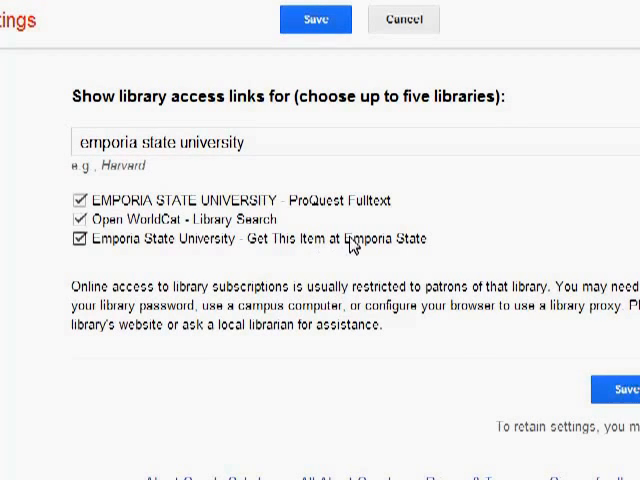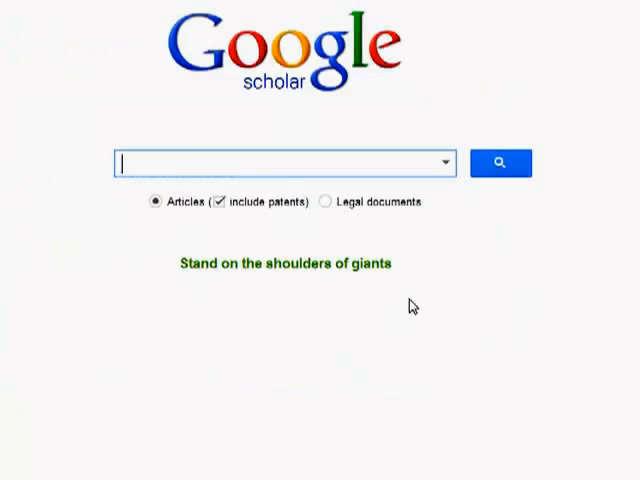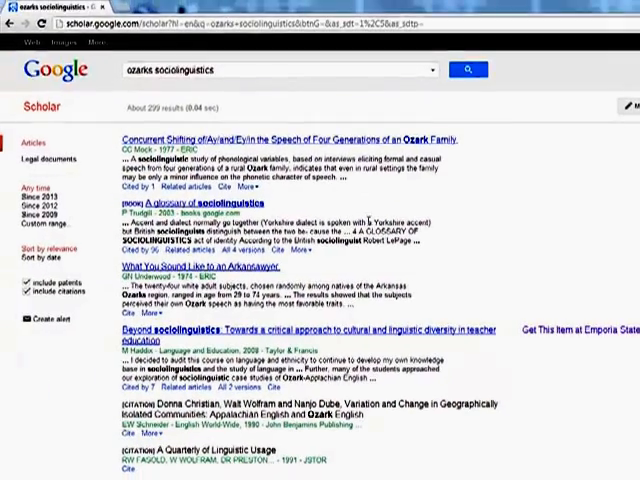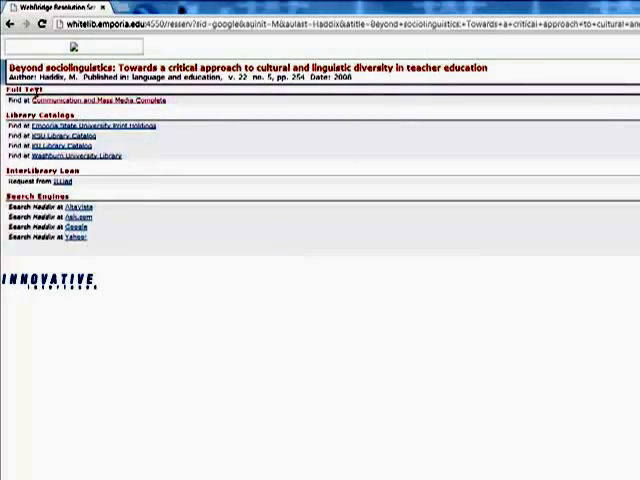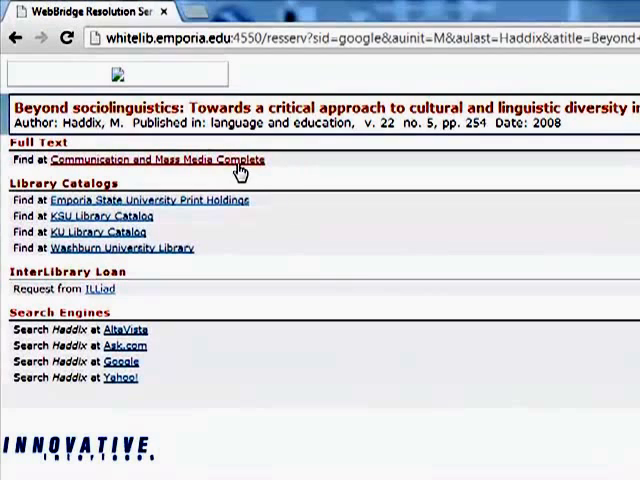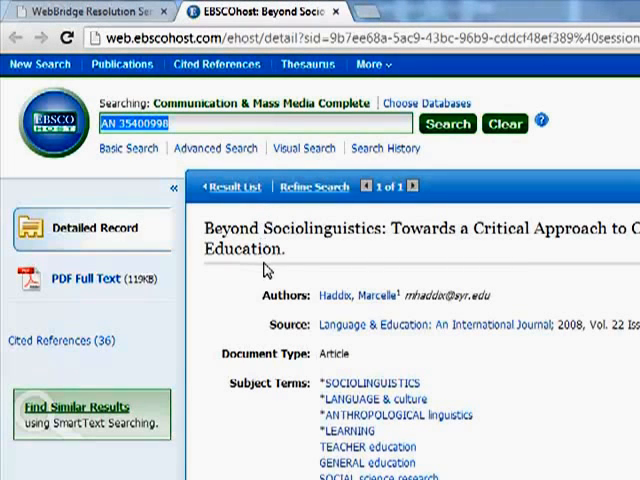So when a PDF is available, that means we can get it straight from the open web, but by turning that on, going back and searching for my terms, I can see that here's a link for Get This Item at Emporia State. It's going to take me to this screen, and I can see that the full text is available in Communication Mass Media Complete. Since I'm on campus, it's taking me right to the article. If you're off campus, you'll have to log in using your buzz-in information. And now I can get the PDF full text and pull it up